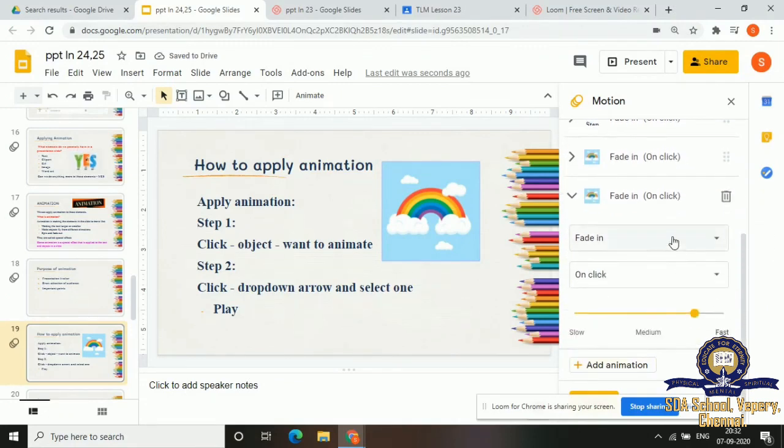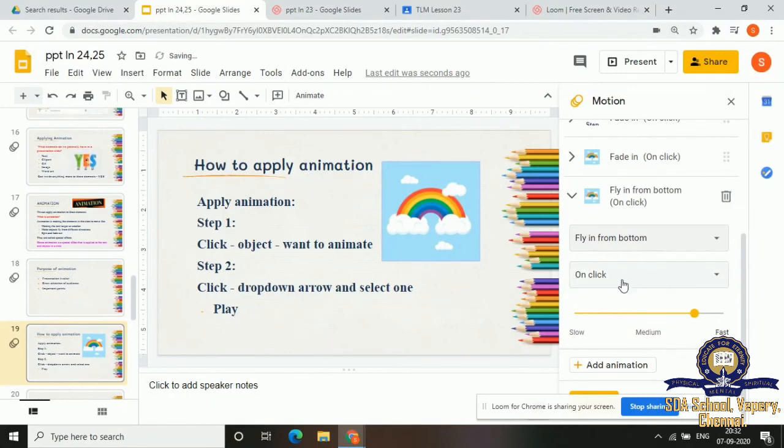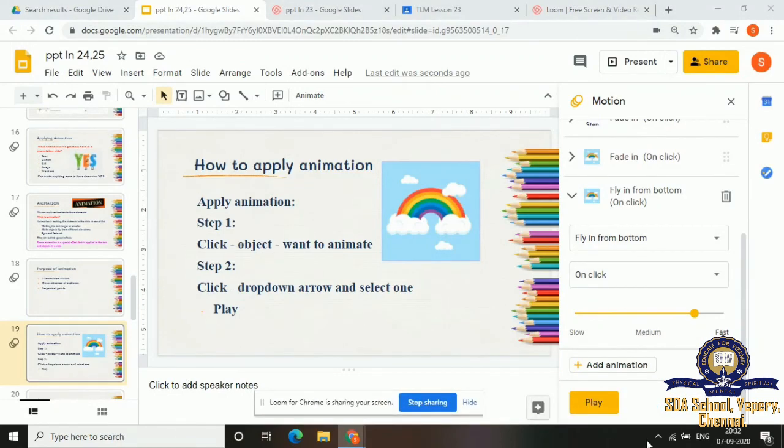So for that I'm getting fade in. I don't want to fade it. I'm selecting something else. Let us say fly in from bottom. So if I click on a click, it will show fly in from bottom. Now I'll show you how to play it.